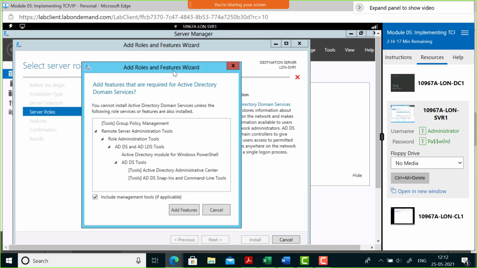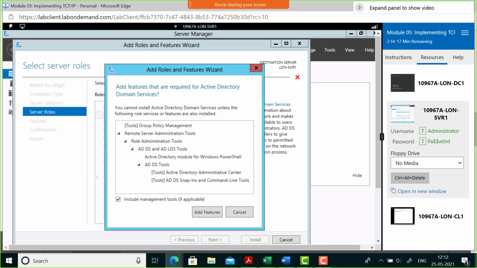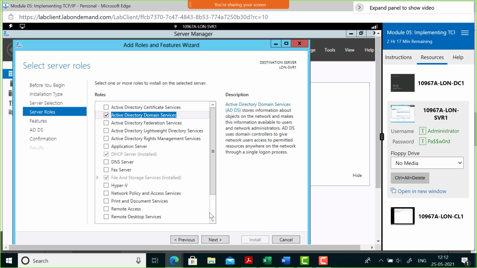And the moment I select that, it says, hey, there are more components that I need to install. You say, yes, go ahead. Because right now I don't know what these components are, but what you want to do, you do. So I click on add feature. It is saying there are more features behind this. I need to install them. And we say, yes, please go ahead and install those features. Whatever you want, please install it. But I'm concerned with Active Directory Domain Services, which is a role.